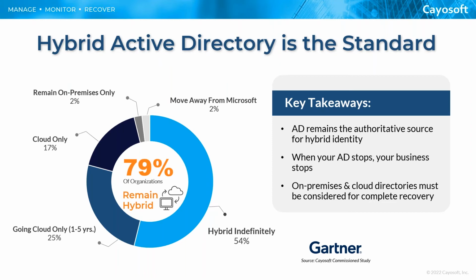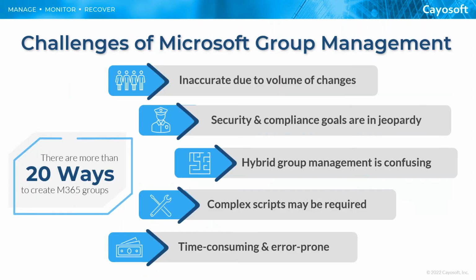But if you think about the reasons people are in hybrid, it's because they can't get rid of legacy Active Directory. It's typically because they have applications or some other integration with the legacy on-premise directory that just can't be replicated in the cloud, or the applications they're using can't be used with the cloud. There are also security concerns we've seen, but usually it's a bunch of technology that they took 10 years to implement, and now it's going to take another 10 or 15 to sort of unwind that. So Active Directory, for more than half of the enterprises that we see, is likely going to be authoritative for the next untold number of years.